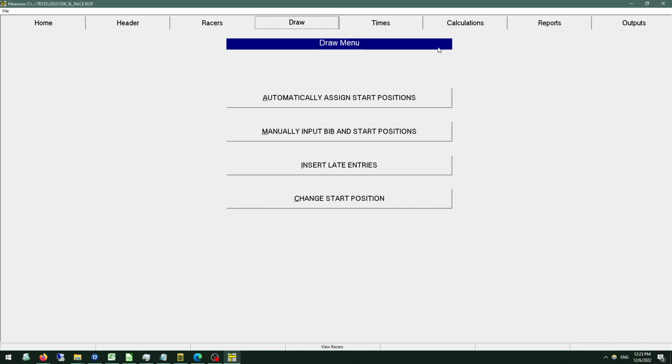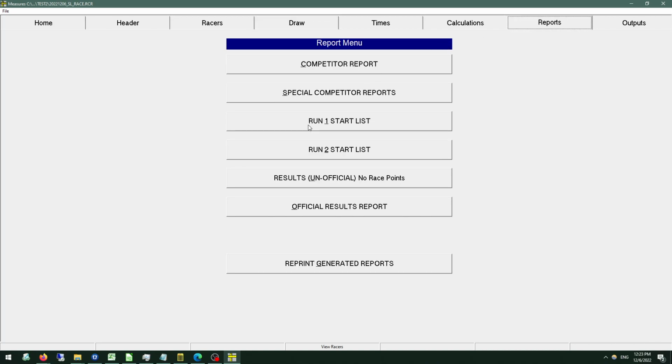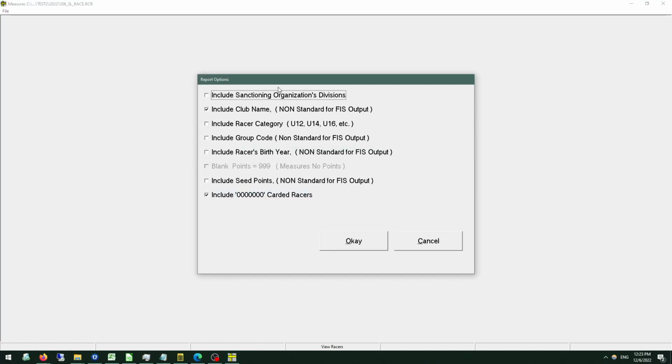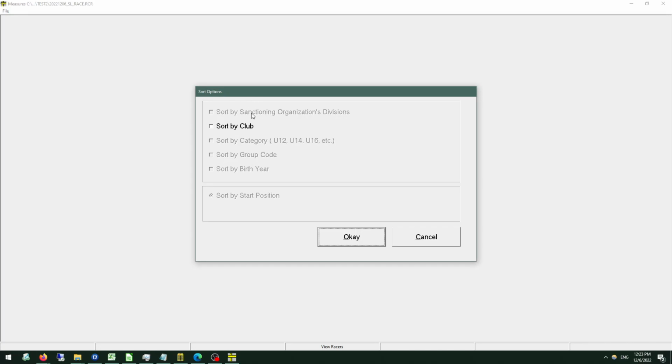Now it's going to be race day, so we're going to want to run a run 1 start list. So you can report options, you can add whatever information you want into it. I'm going to set OK. These sort options,